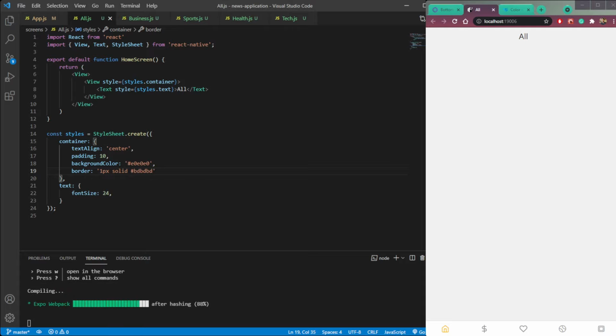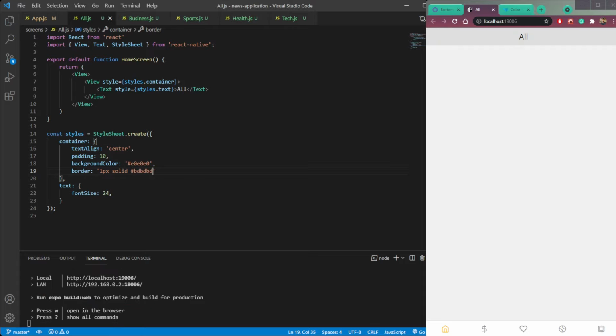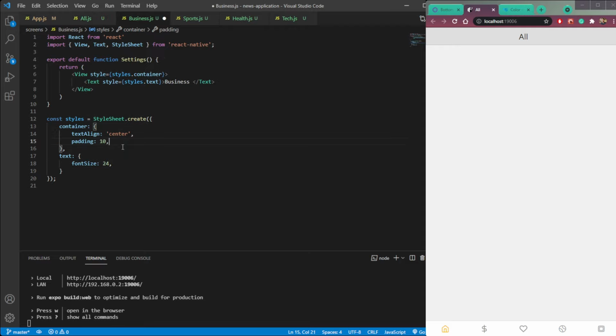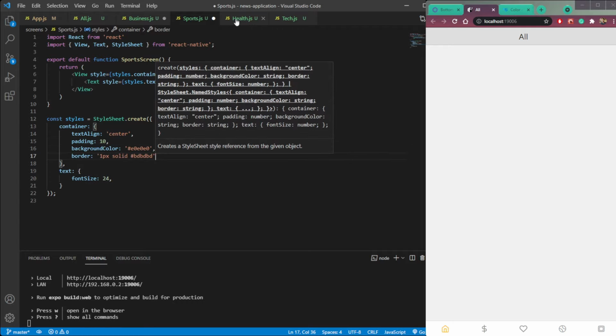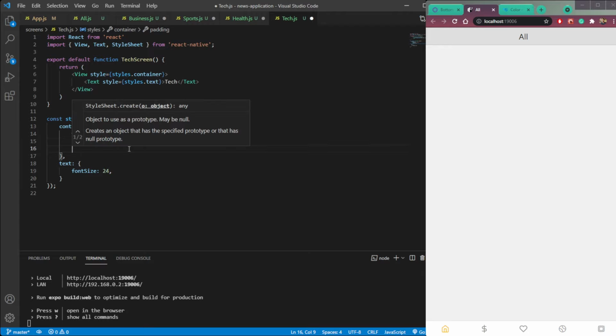Then paste it here. You will see we are getting our background of gray and a border of this color BD. Then we will repeat the same for all the screens. So copy this background color and border, paste it inside business, then sports, then health, and lastly in this tech.